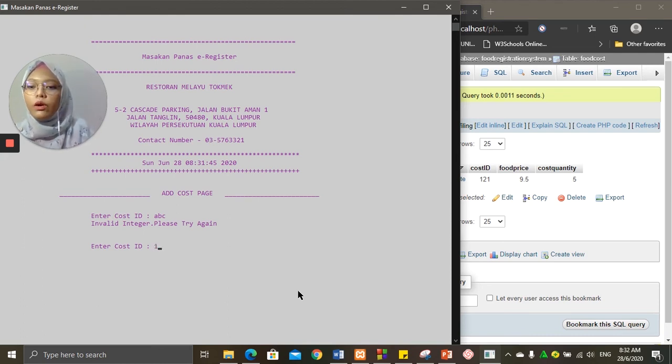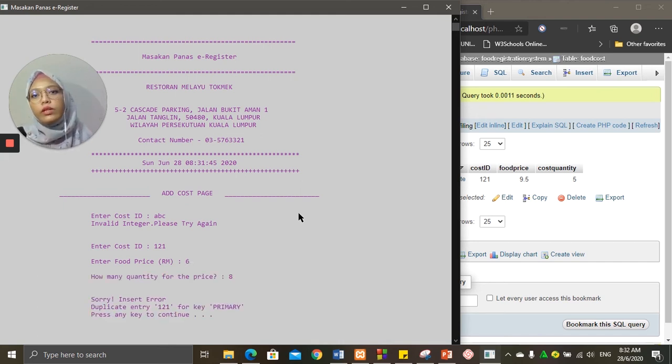So now I will put the same course ID, 1 to 1, the same as already existed in the database. Food price, maybe this time 6. How many quantity? 8. It says sorry, it's an error because of duplicate entry 1 to 1 for primary key. Because it is primary, it is unique and cannot be duplicated.